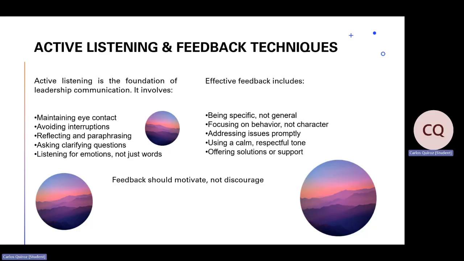Active listening and feedback techniques. Active listening is the foundation of leadership communication, and it involves maintaining eye contact, avoiding interruptions, reflecting and paraphrasing, asking clarifying questions, and listening for emotions, not just for words.